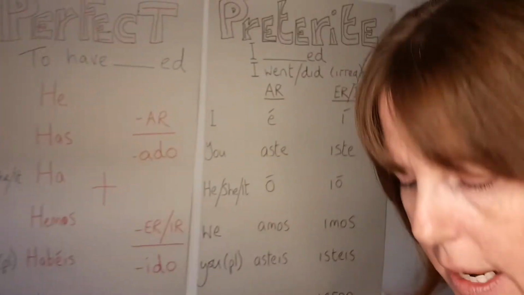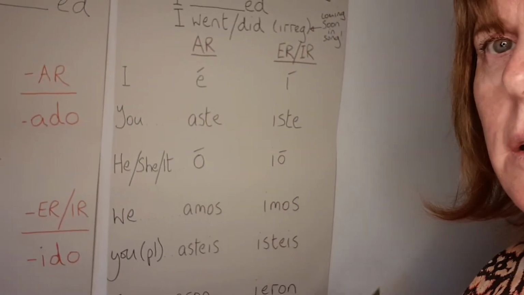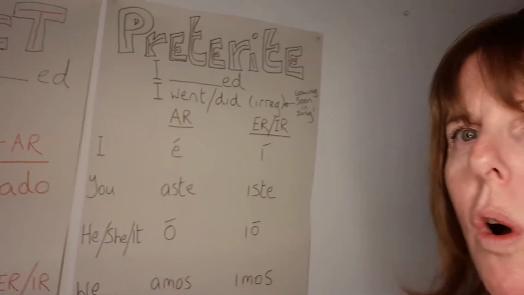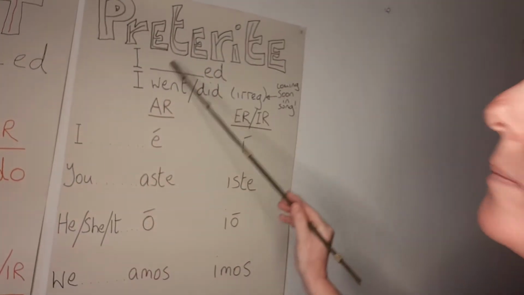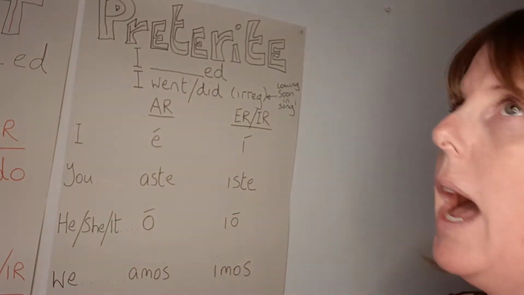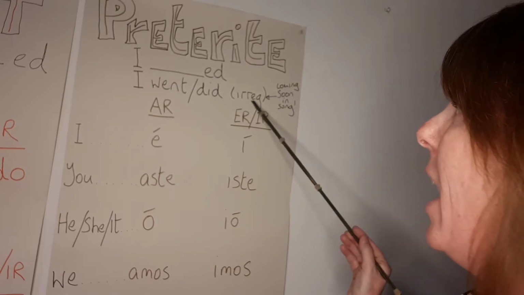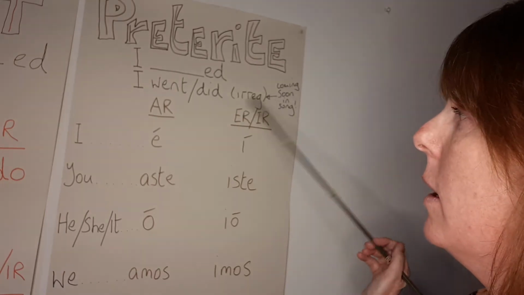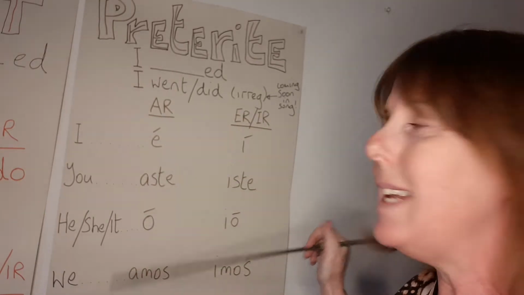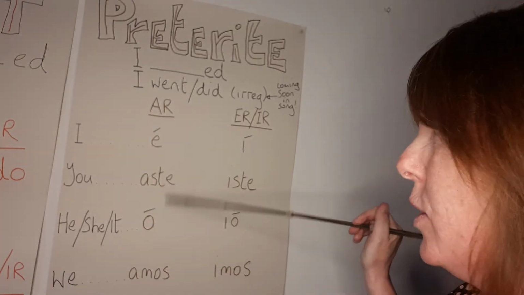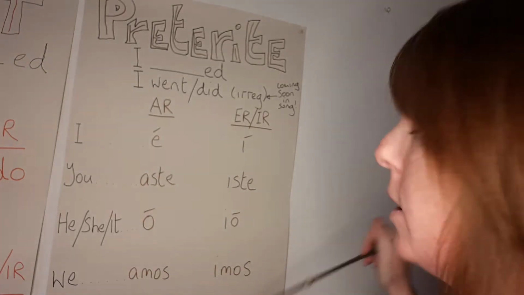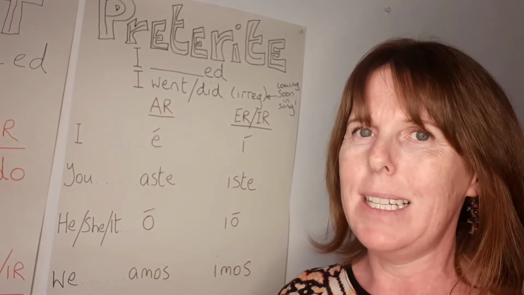And the preterite tense is the hardest one for a lot of people because they're all over the place. This one is like if I cooked, I went, I saw, etc. See, irregulars coming soon in song. These endings are quite different. There's a lot of accents, a lot of different letters going on. It's a lot for your mind to take on board.